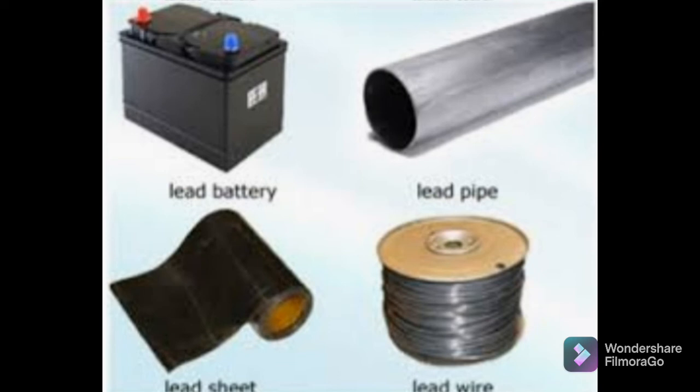Also it is used as a covering for electric cables placed in the ground or underwater to protect them from corrosion. Then it is also used as a protective shield around nuclear reactors. Since lead absorbs harmful radiations, it is used to make the outer covering of nuclear reactors. Also it is used in making sanitary pipes, tips of bullets, then fusible fuse wire, and also in batteries.